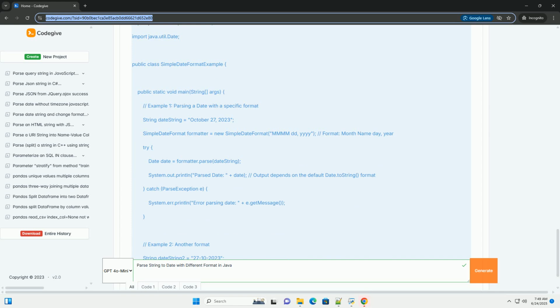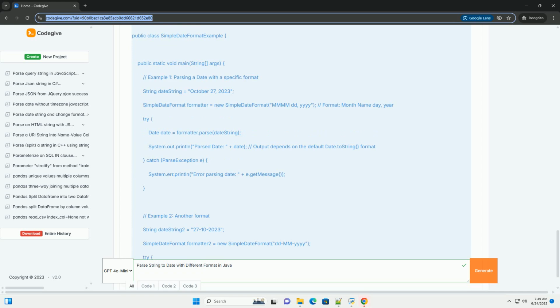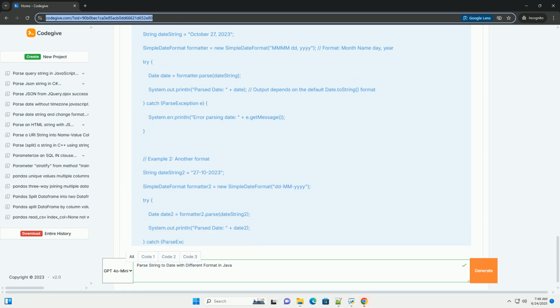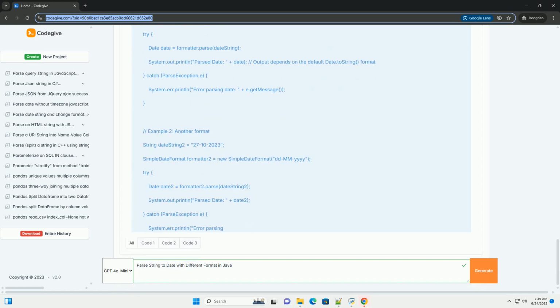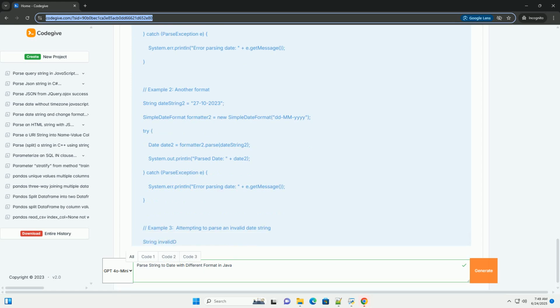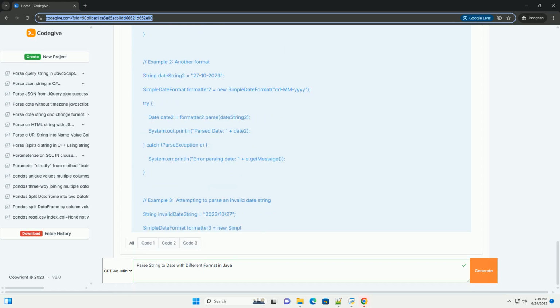LocalDate, represents a date: year, month, day. LocalTime, represents a time: hour, minute, second, nanosecond. LocalDateTime, represents a date and time. ZonedDateTime,